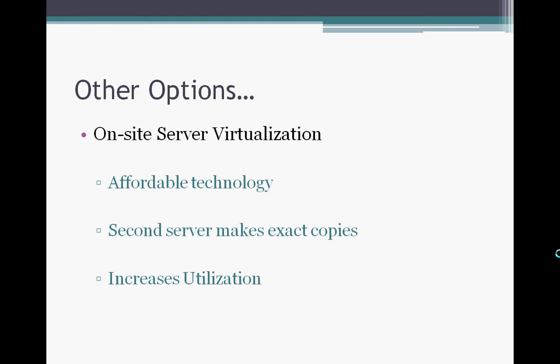This server replica, also known as an image, can take over if the main server fails or gets corrupted. There's no need to reload software, configure your network, or reload your data. Virtualization also reduces hardware maintenance costs because of the lower number of physical servers. Having each application within its own virtual server, you can prevent one application from impacting another application when upgrades or changes are made.